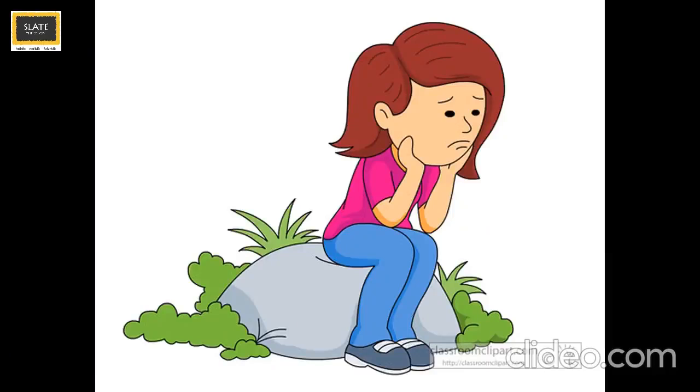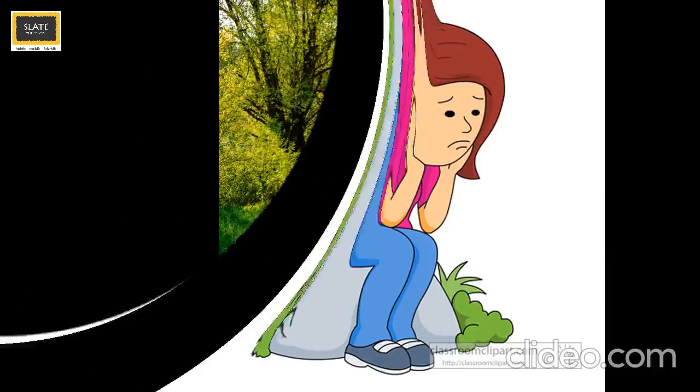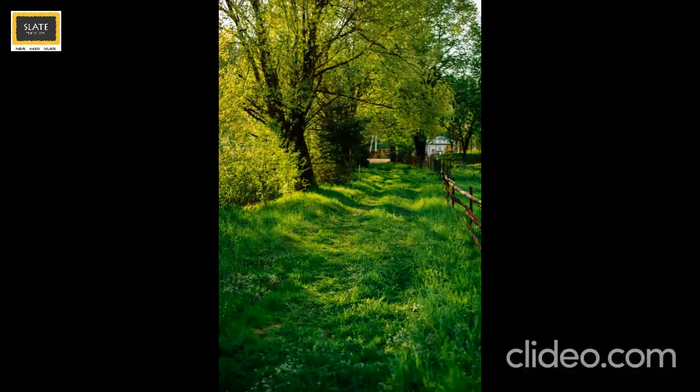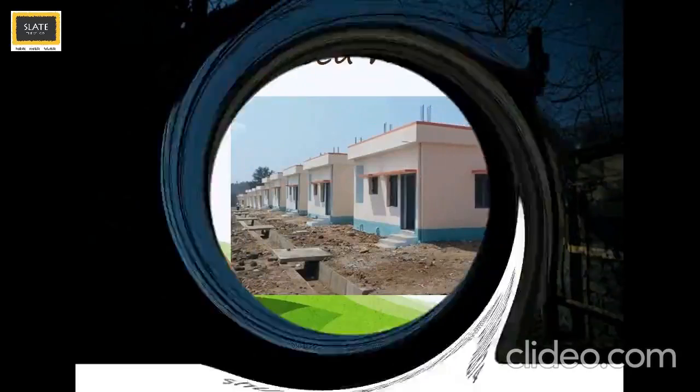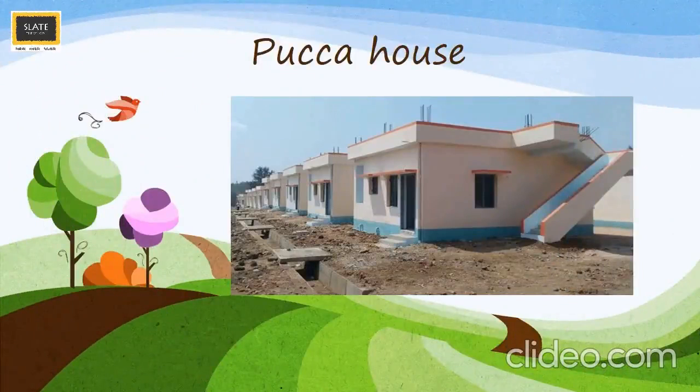These types of houses also do not have toilets inside the homes. They are usually set up outside in the backyard. This makes it difficult for people to use them during the night time. Many people aspire to build Pakka houses so that they can get relief from all these difficulties faced by them.